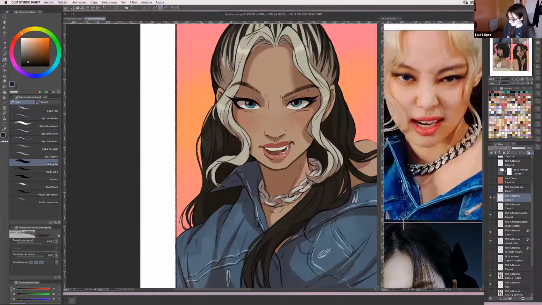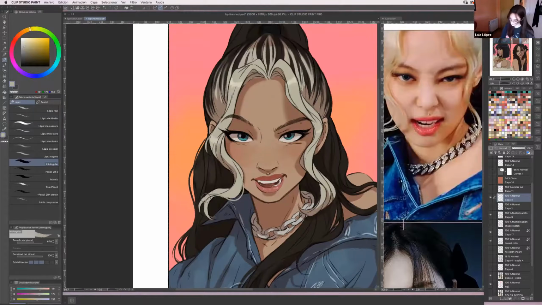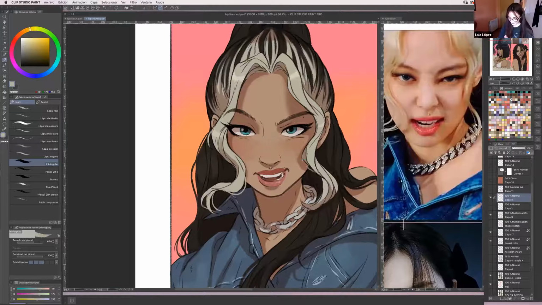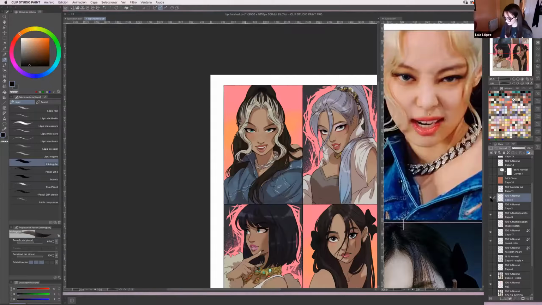The layer type is just normal, and since it's on top of everything, it's gonna cover the liner and everything you're drawing on. In this case, as you can see, it has the shade, but I'm not sure if I like it. I don't like it. But yeah, basically I use this layer to draw strands of hair like this to make it look nicer. And the same thing for roses and necklaces.